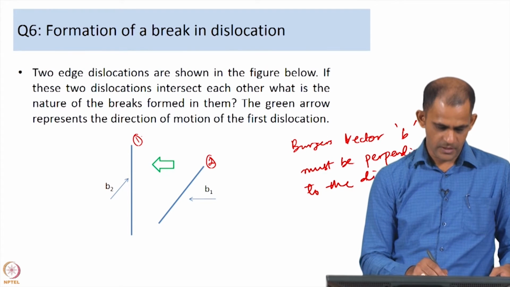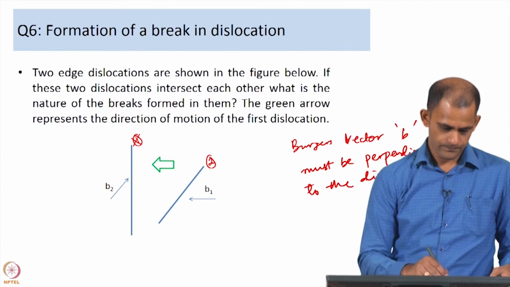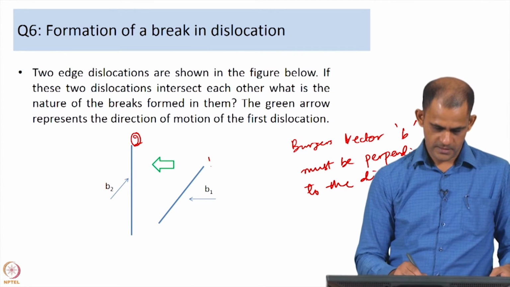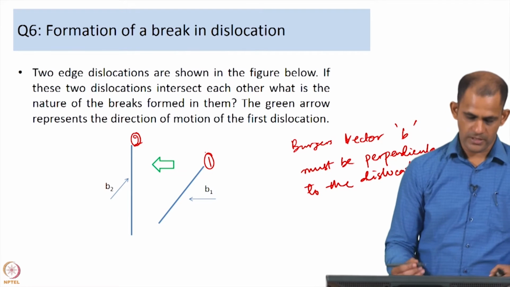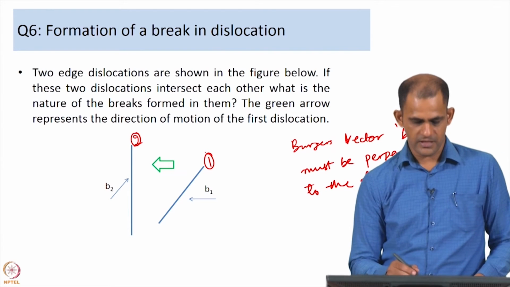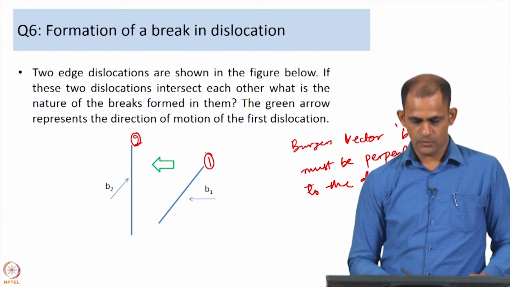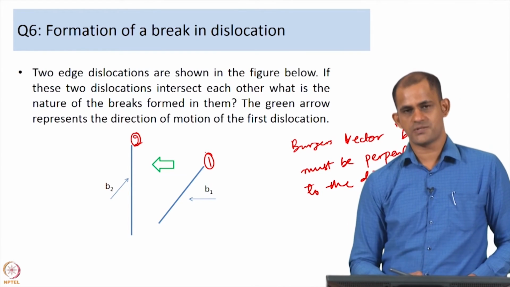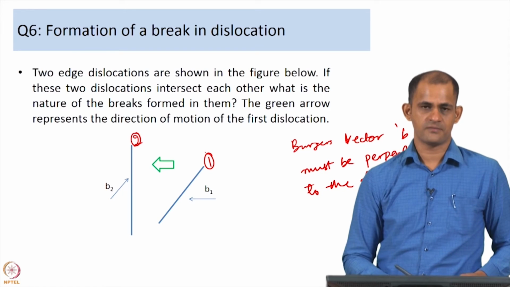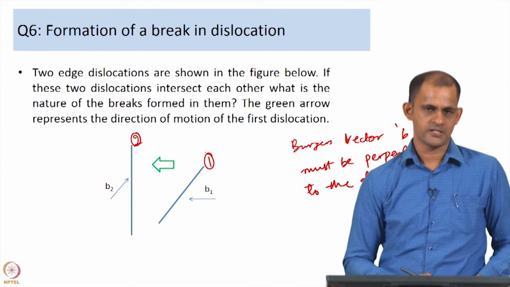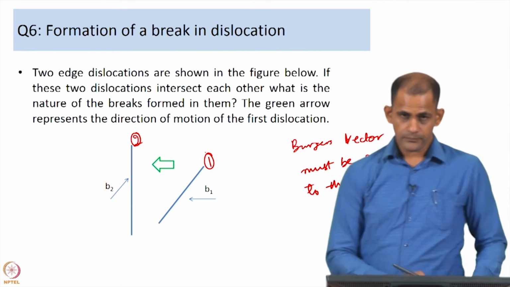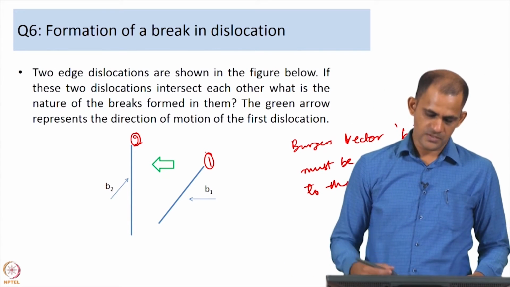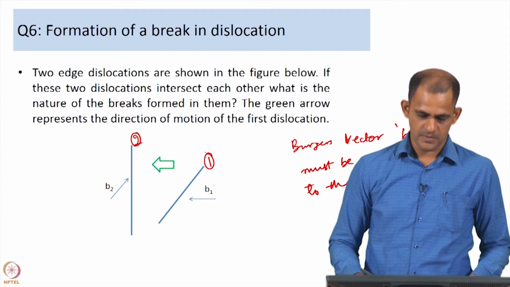So, let me call this dislocation 2 and this is dislocation 1. So, we are looking at two dislocations, dislocation 1 and dislocation 2, and the question is about finding out whether these dislocations will develop a break when they intersect or interact with each other. So, for that the important point is that the Burgers vector of the intersecting dislocations must be